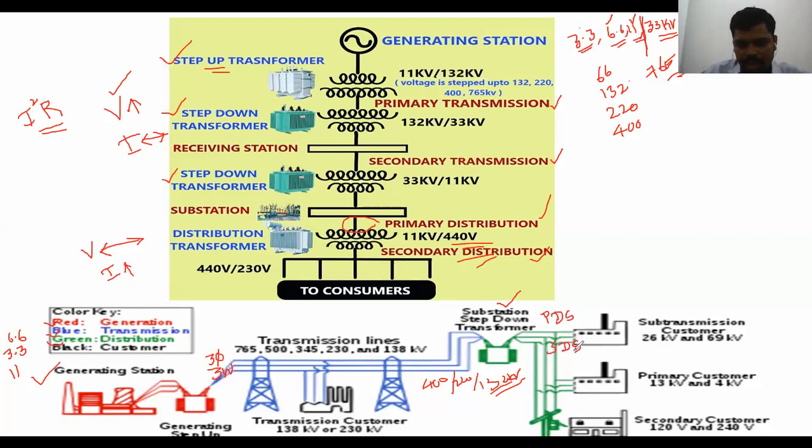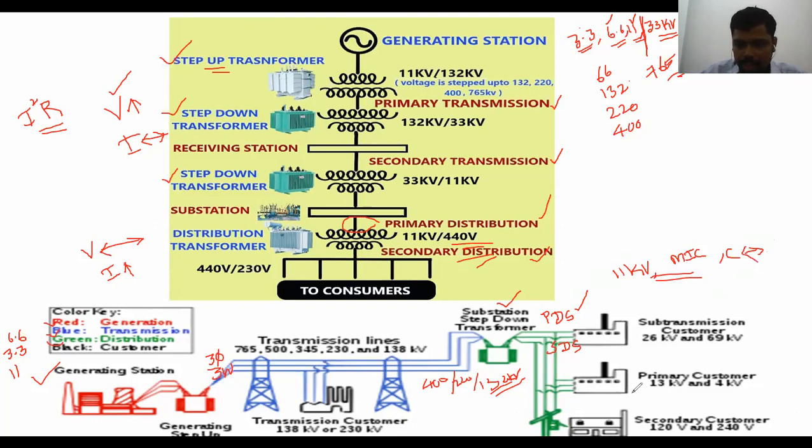In the primary transmission line, a huge amount of power is transferred, concentrated on the voltage. In the secondary transmission system, the operating voltage is maximum. Again, the current is limited. But in the primary distribution system, the operating voltage is 11 kV. The tapping is very, very less. It is connected for the medium industrial consumer.